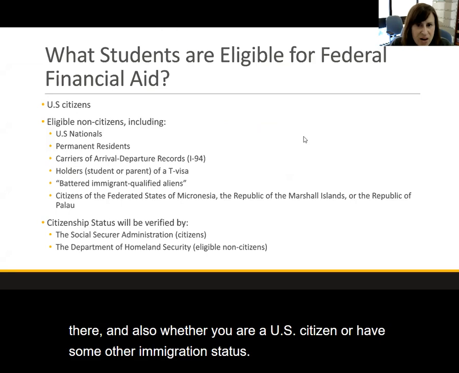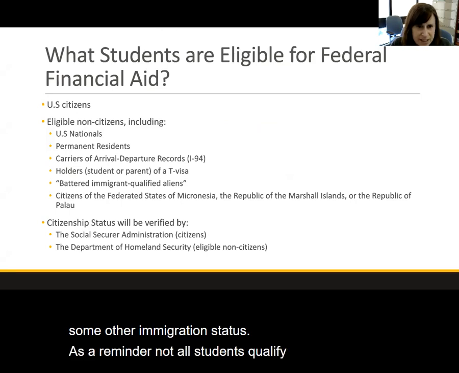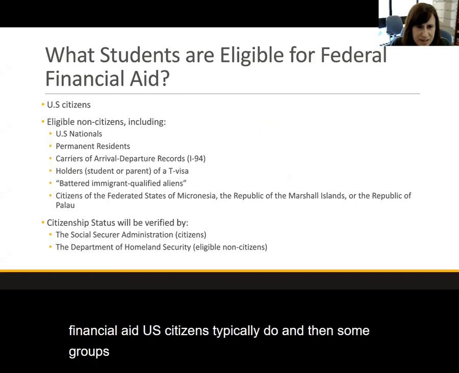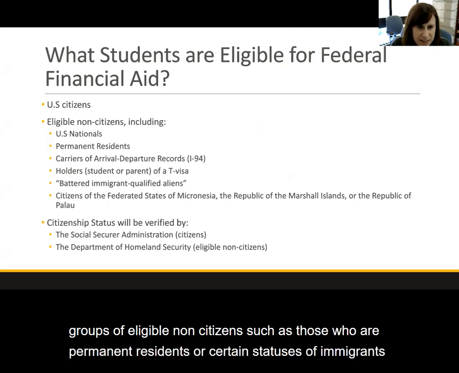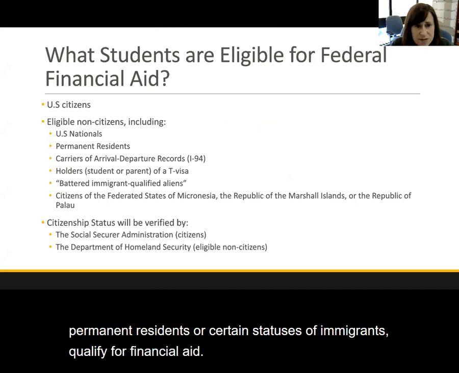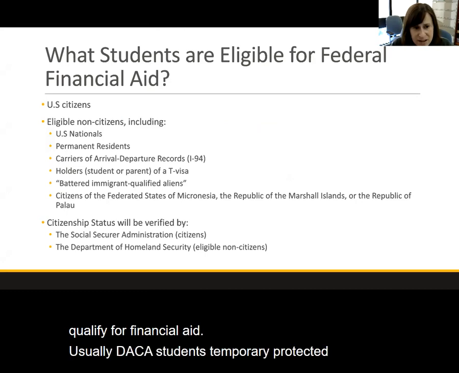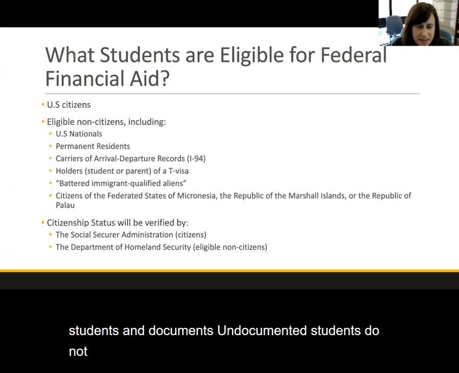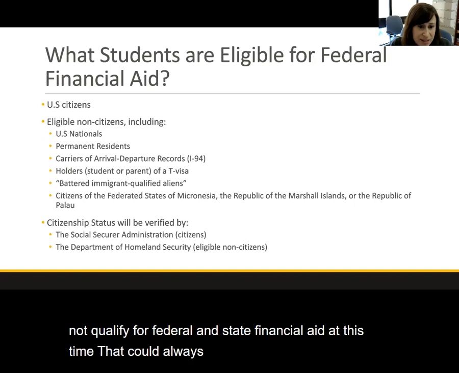As a reminder, not all students qualify for federal financial aid. US citizens typically do, and then some groups of eligible non-citizens, such as those who are permanent residents or certain statuses of immigrants, qualify for financial aid. Usually DACA students, temporary protected status students, and undocumented students do not qualify for federal and state financial aid at this time. That could always change, but as of now, while you can complete the FAFSA if you have a